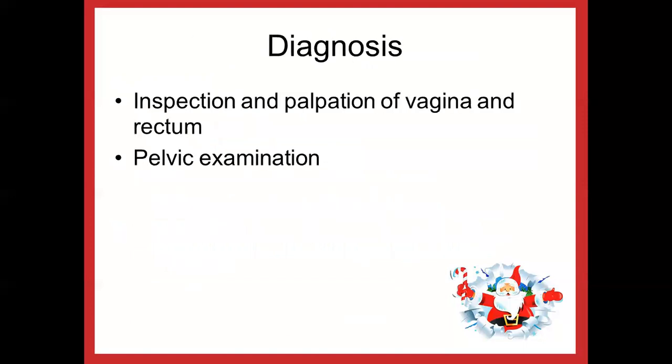How are we able to diagnose? Inspection: whenever the uterus is descending downwards, through an inspection of the genitalia we are able to find it out. Also we can do a palpation technique of the vagina and rectum so that we can reveal the condition. A pelvic examination will also help in revealing the prolapse of the uterus.